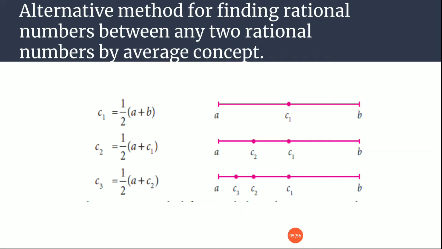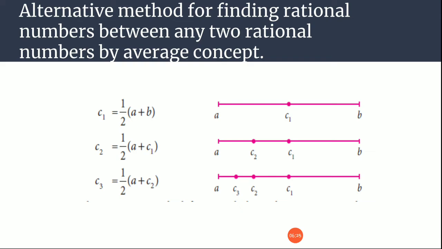First, look at this number line. Okay. There are A and B on the left and right side of C1. This C1 is in the center. So if you want to find C1, you have to first check what is on the left side. A is given and on the right side B is given. Normally, how will you find an average? You will add all the numbers and divide by the total number of values. So you will get the average.